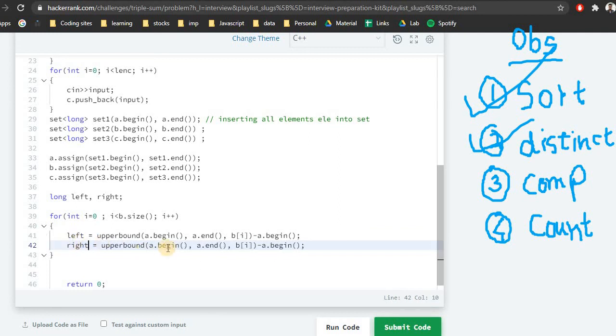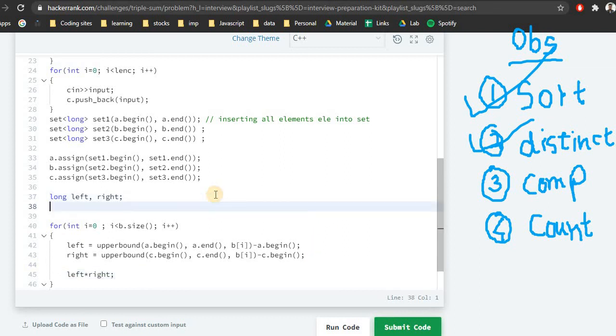So right is equal to upper bound. For this it will be c dot begin, c dot end, and the element again b of ith, and here we will subtract c dot begin. After getting this value, if you see in the explanation part, we got 2 on the left, 2 on the right, and we multiplied in order to get the value. Similarly, we do that again, so it will be left into right. However, we need to store this value somewhere.